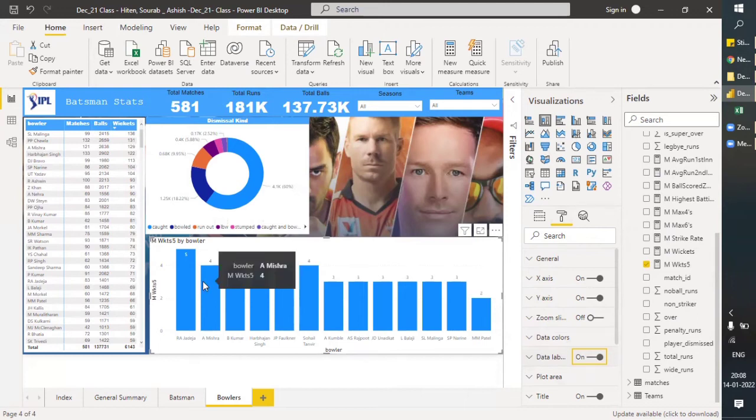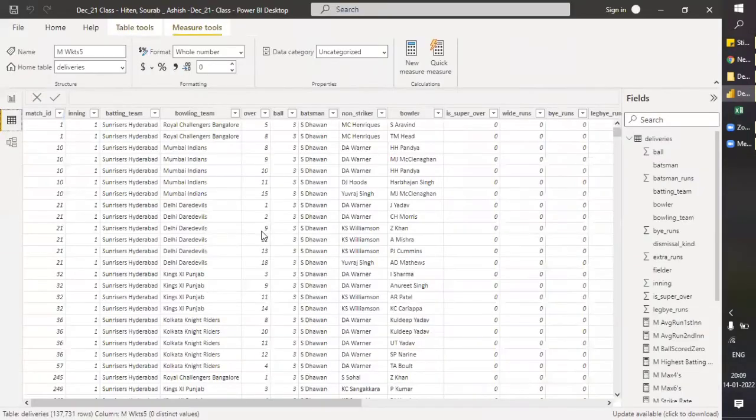So as per this, Jadeja has taken a 5 wicket haul 5 times. M Patel, meaning Munaf Patel, has taken a 5 wicket haul 2 times. So let's check this because we have to be sure our data is correct or not. For that we have to use Excel as well. So let's extract Munaf Patel.